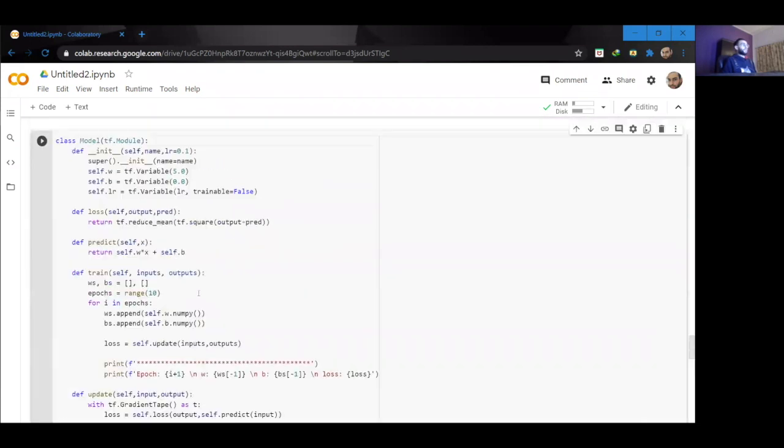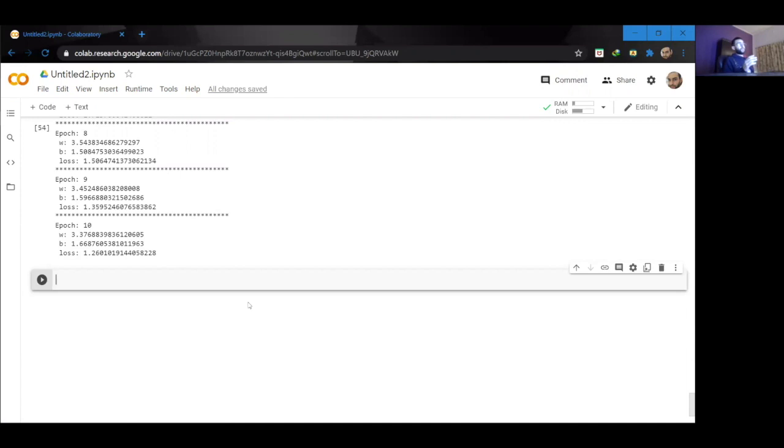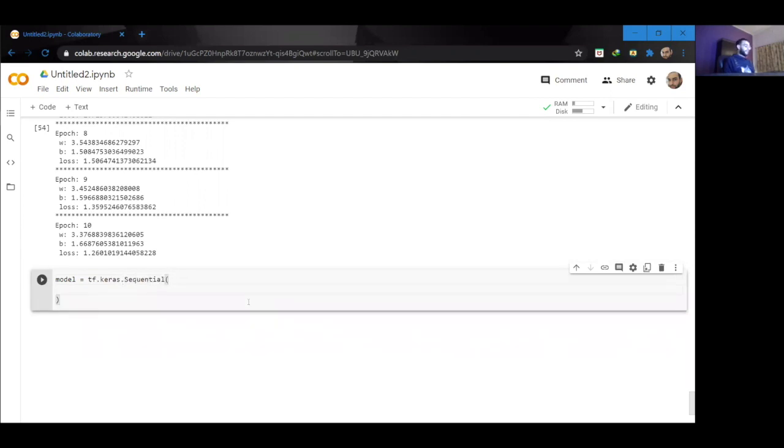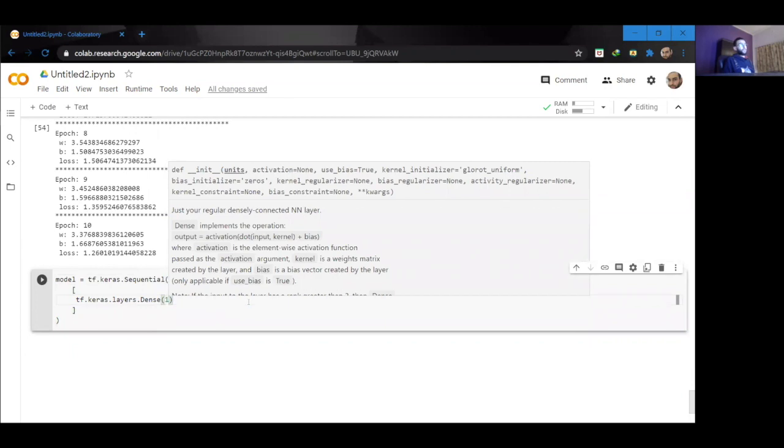So this is how you build a model inside TensorFlow, but suppose that we were using the Keras API. This could be done in about 3 to 4 lines. So I'm going to show you how you can do that. I'm going to say model is equal to tf.keras.Sequential, and inside there I can create my layer. Since my layer only has a single neuron, I'm going to say tf.keras.layers.Dense, and since I only have a single neuron, I can pass 1 in there.